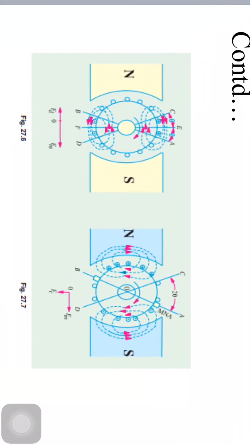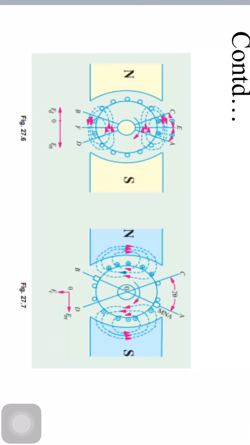With the brushes in the GNA position, there is only cross magnetizing effect of armature reaction. However, when the brushes are shifted from GNA position, the armature reaction will have both demagnetizing and cross magnetizing effects. Now consider a two-pole generator with the brushes shifted